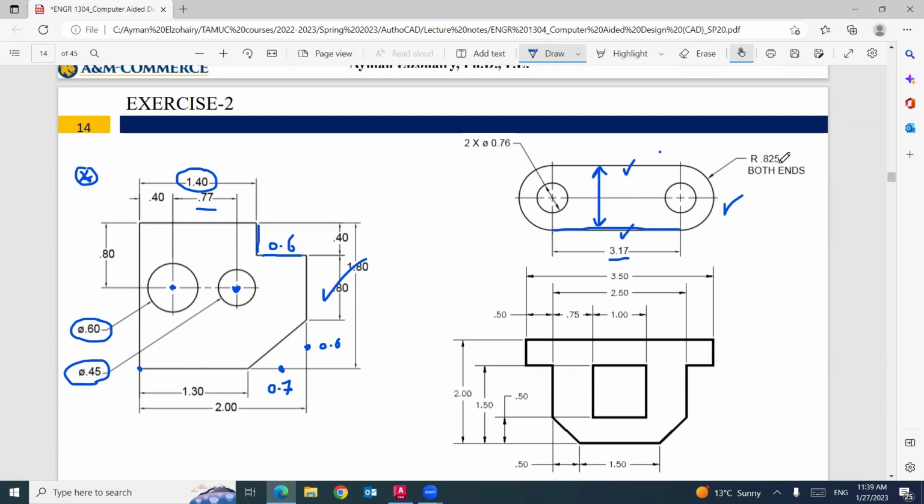This radius for the outer circle or half circle is 0.825. That means this distance will be double, which is the diameter. It will be 0.8 plus 0.8, 1.6, 1.65.